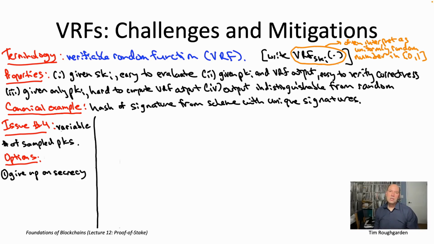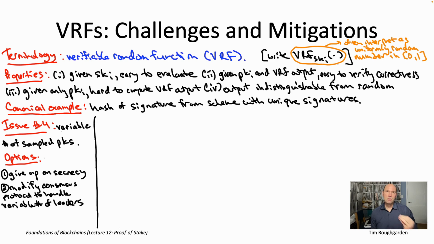So the tricky case is going to be that second bad case, where in a single round we get, let's call it sort of 7 legitimate leaders. So that's really going to require some modifications to the consensus protocol. And the modifications you want to make are going to be somewhat different for a BFT type consensus protocol versus a longest chain protocol. So we'll get into all those details, but not right now.